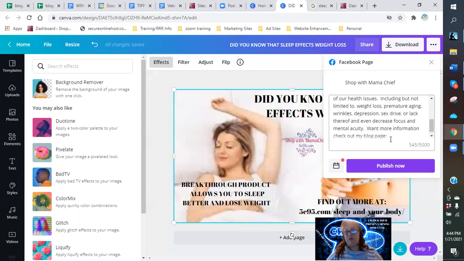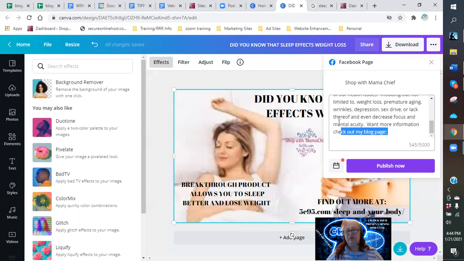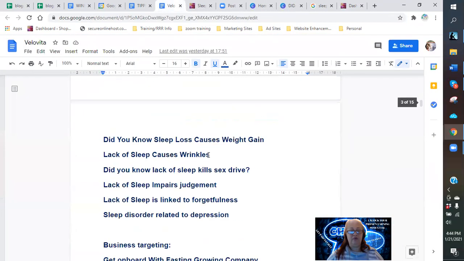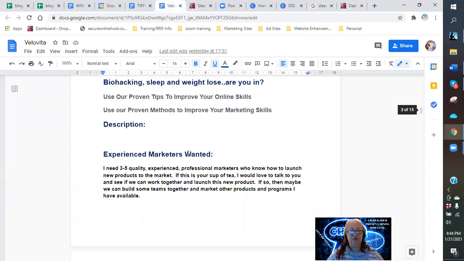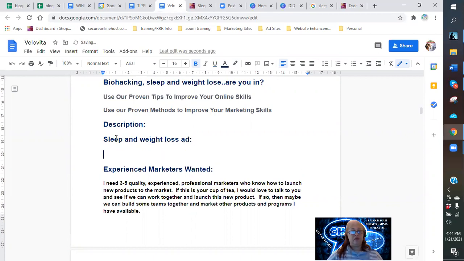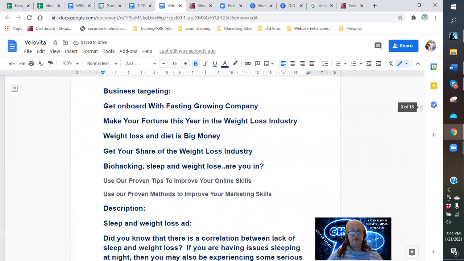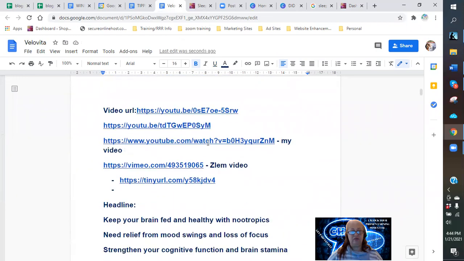All right, so then I'm going to come here and I'm going to copy this because this is a great ad that I can use. So I'm going to copy this and go to my ad template. And I'm going to come right here. All right, and then I'm just going to paste that in there. So there's my ad. And then I'm going to come up here and grab my link again